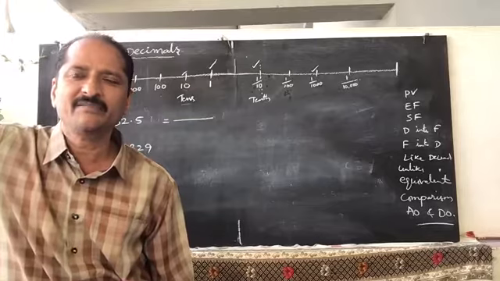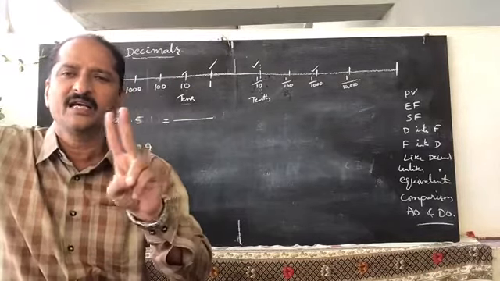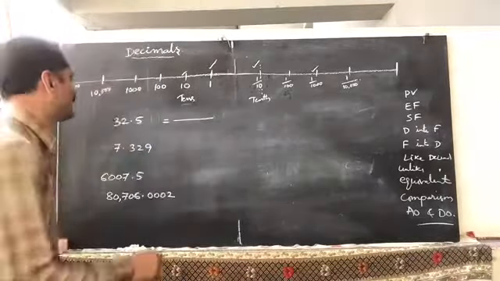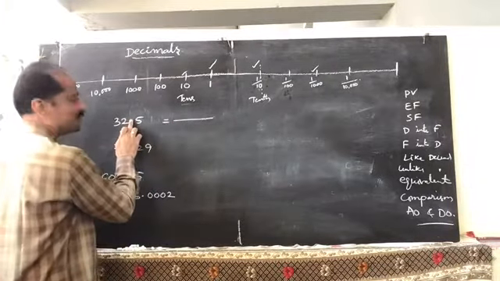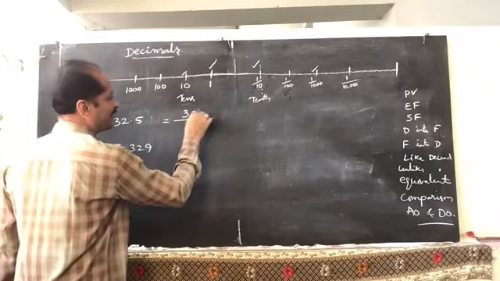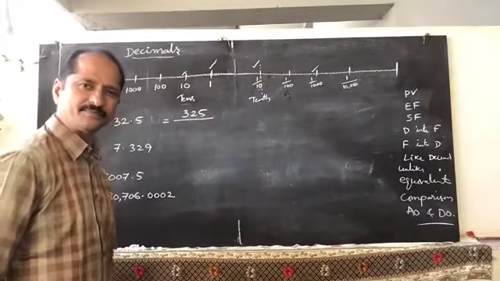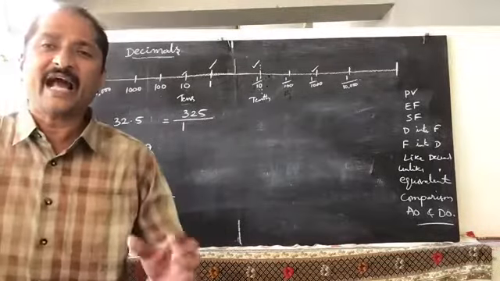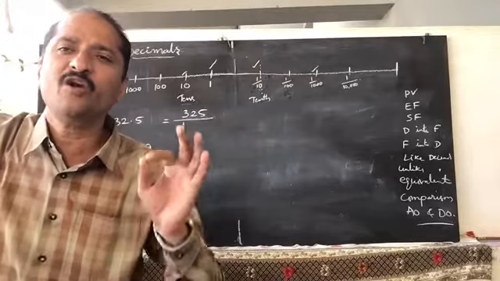For converting a decimal into a fraction, you have to remember only 2 points. That is, remove the decimal point and write the number in the numerator. అంటే మనం fraction లోకి మారుస్తున్నాం. Fraction లోకి numerator denominator ఉంది కాబట్టి decimal point తీసేసి ఇది ఎంత అవుతుందనా? 325. That means 325. Remove the decimal point and write the number in the numerator. Divided by 1 followed by as many zeros as there are digits in the decimal part.